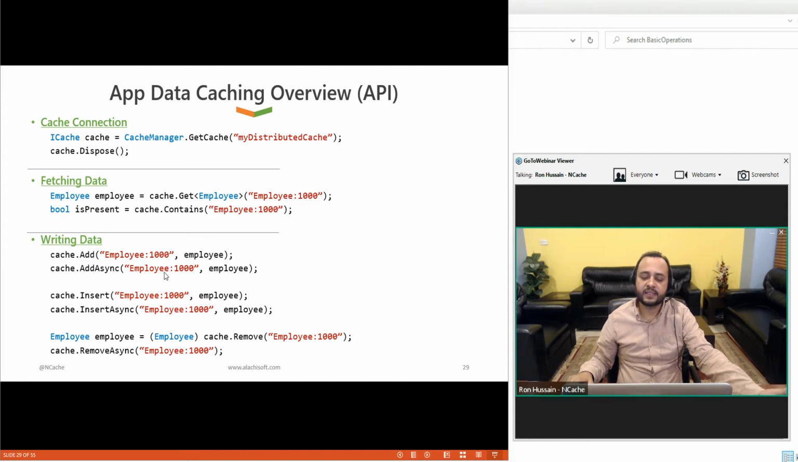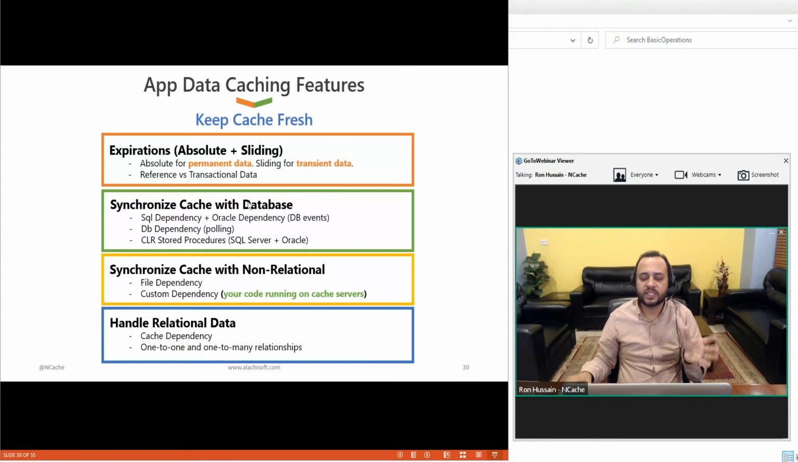Cache.Add and AddAsync to add items to the cache. Insert is an add as well as update. And an employee is retrieved and removed at this point, with cache.Remove. So that's a simple overview of our API, very basic, and then it expands on top of it, where you